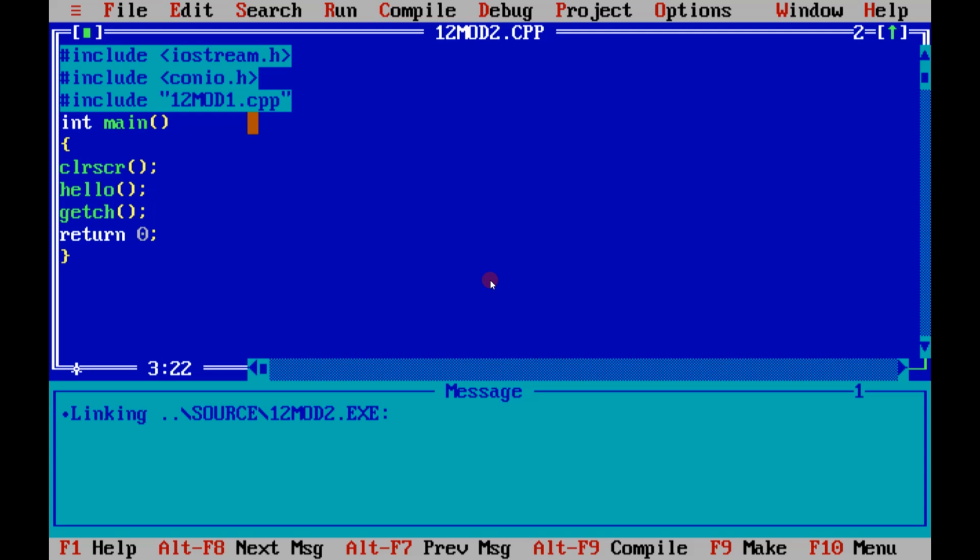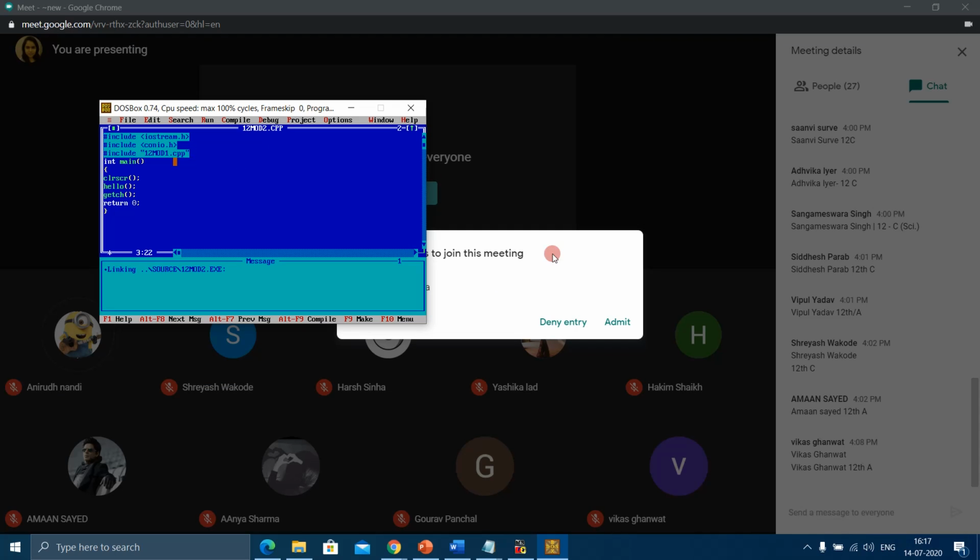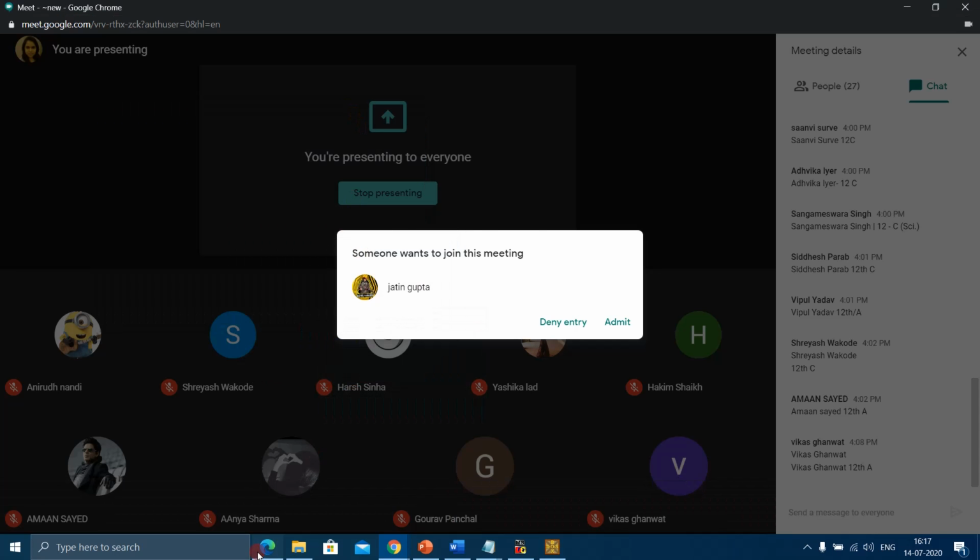So this is all I want to explain: the main program of one module can access the functions or procedures of a different module. That's it. And also we can pass parameters from this module to another module. That is what I wanted to explain.